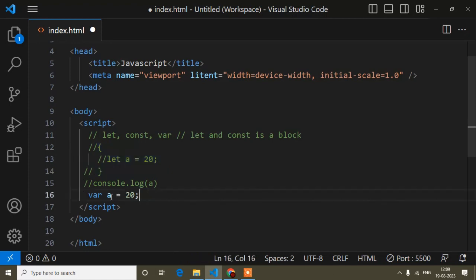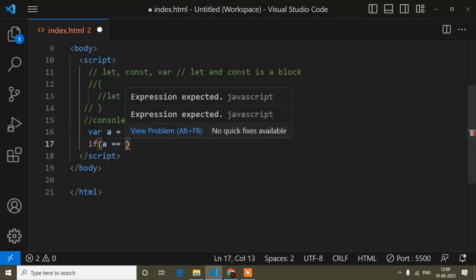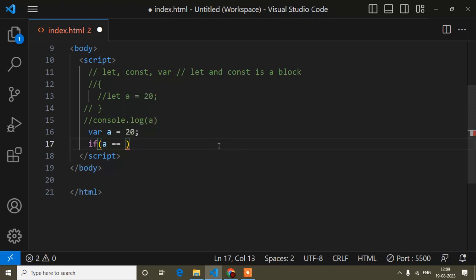Now see the example. So var a equals 20. Now I will write one condition. Later I will explain more about what a condition is, but now see, I can check if the a value is 20 or not. Everyone knows the meaning of if. So when checking a, we don't write single equals, because a single equals means I'm just assigning a value. But if I write double equals, it means is equal to. So I'm checking a equal to 20.